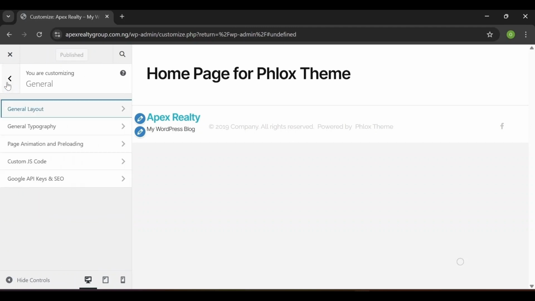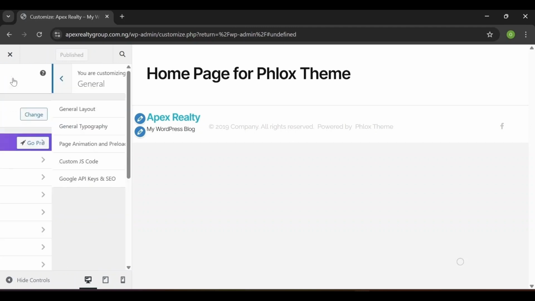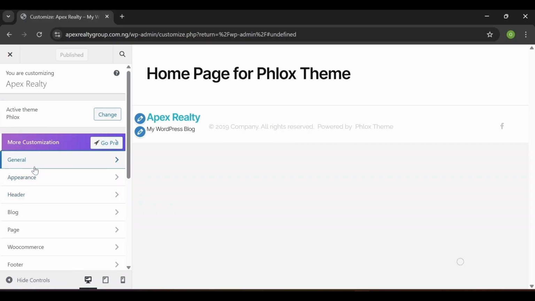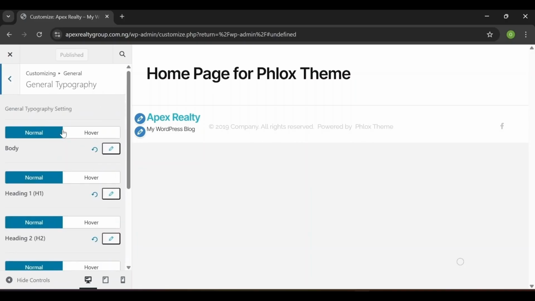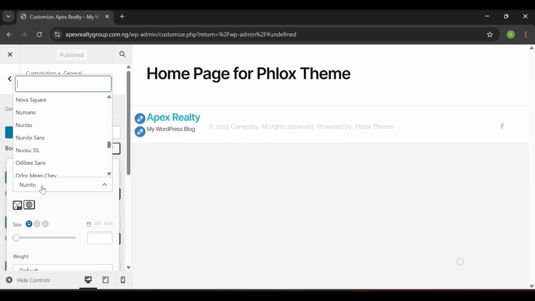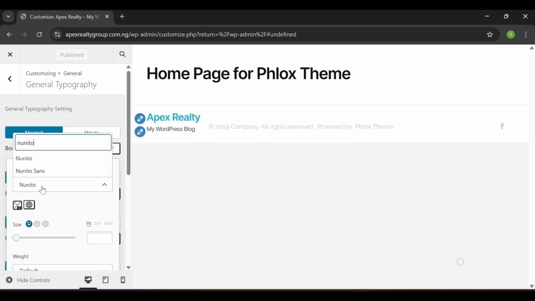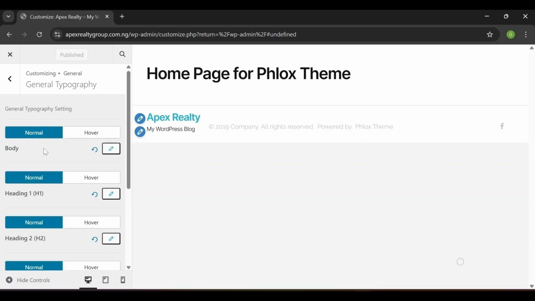Now we go to the general. So we are going to select the general typography. For body fonts, here we are going to click on this and select Nunito fonts. Search for Nunito fonts. Select it. So once it's selected,